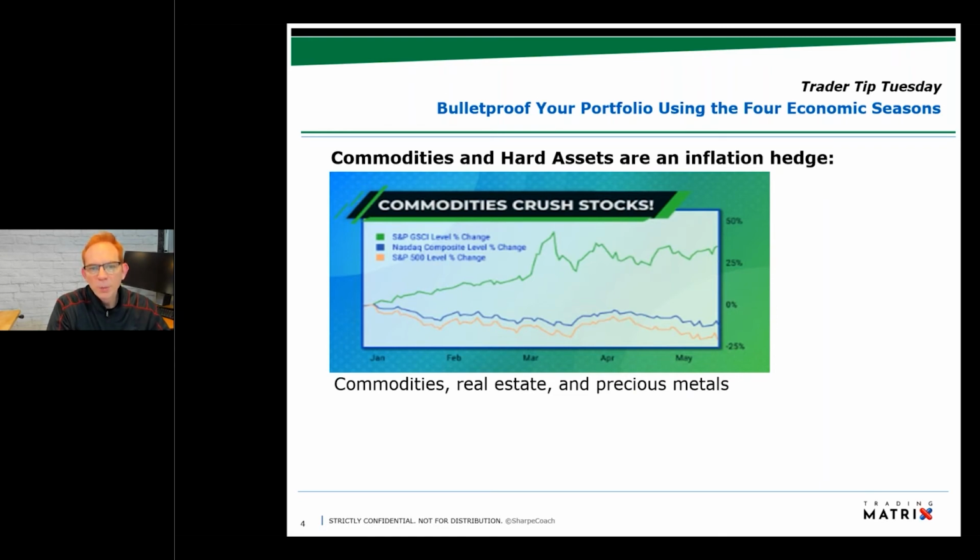So if you'd built a portfolio that had commodities in it, they would have really helped offset the losses from equities and bonds. And this would be if we even invested in bonds. Okay, so a number of the portfolios that we use have been up money this year, while the average investor is getting clobbered in equities or clobbered in the equity bond mix. So we want to add commodities and hard assets as an inflation hedge, things like commodities, real estate, precious metals.